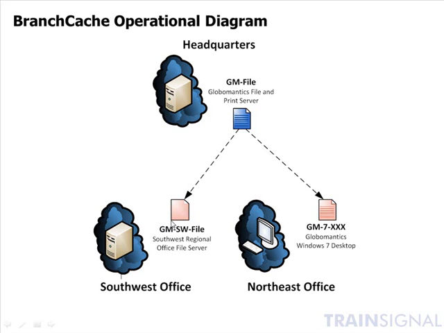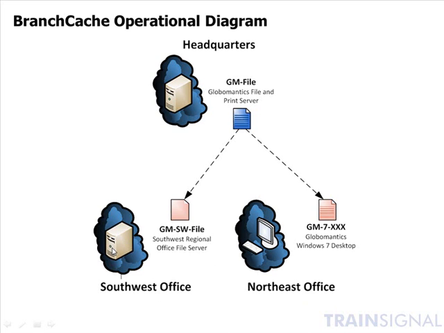This has two effects. One, it keeps traffic off this connection so that it stays alive for other things and reduces costs that way. And two, this connection is going to be slower than the connections inside the Southwest office, so the person's going to get their document more quickly, increasing their productivity. This is called branch cache hosted mode, and this is because it's using a Windows Server 2008 R2 file server